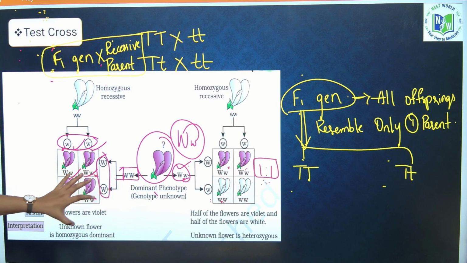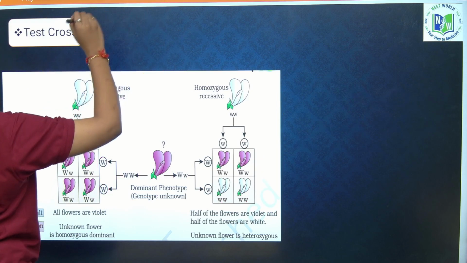If it is homozygous dominant, all the offspring will resemble only one dominant parent. Clear? One dominant trait. So this is about test cross. Next,